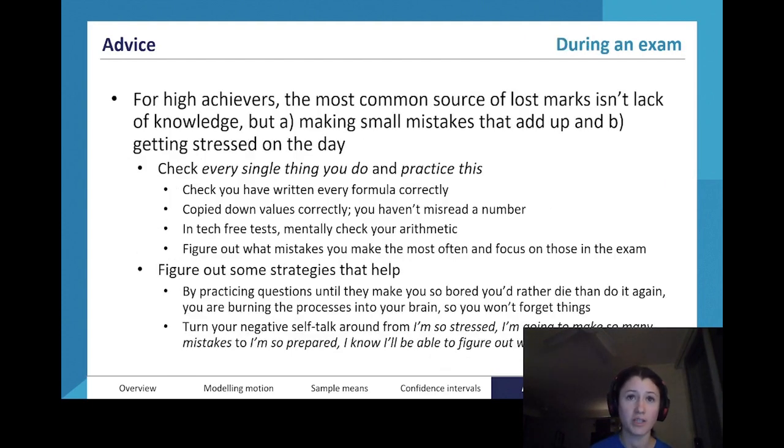For high achievers, the most common source of lost marks isn't lack of knowledge, but it's A, making lots of small mistakes, and B, getting stressed on the day. So for avoiding making small mistakes, make sure that you understand the content, right? What I have down here is mostly about checking your work, which is, I guess, just a patience thing, which you need to get better at. But really do make sure that you understand